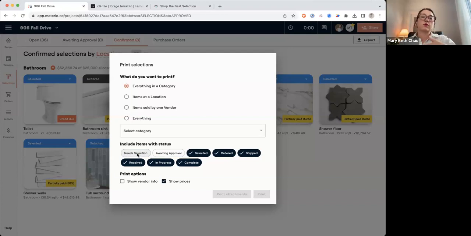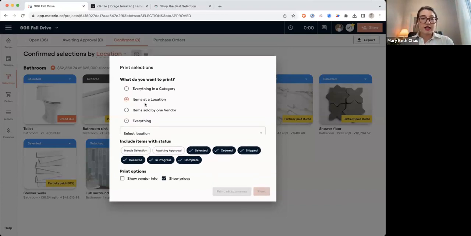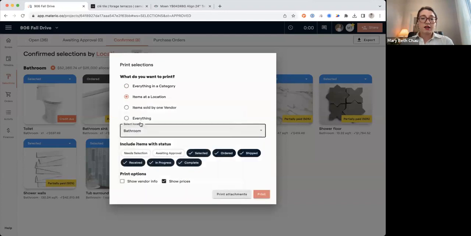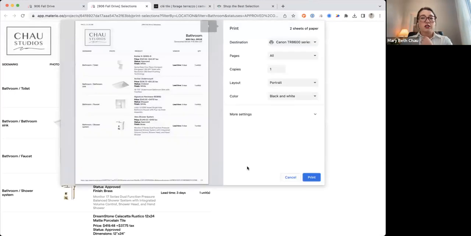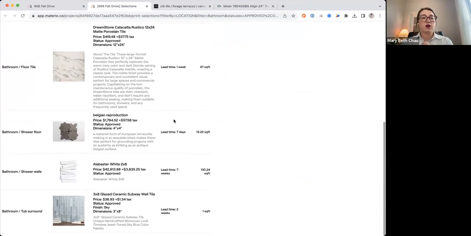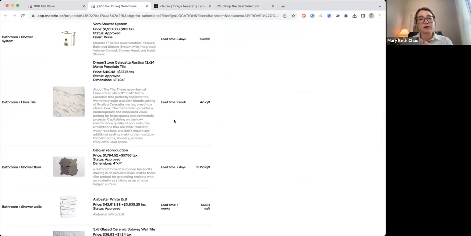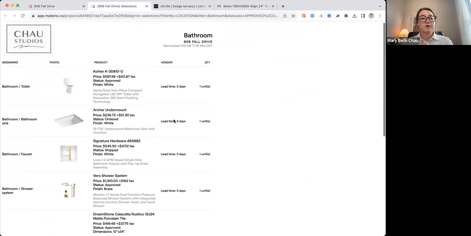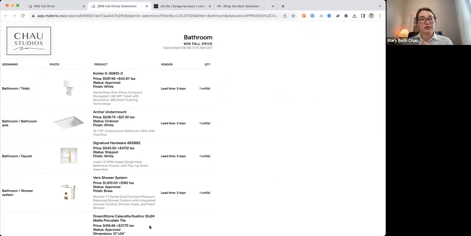In this case, everything we want to show has already been selected, so I'm just going to say everything. I could also do it by, for instance, bathroom, and then I could print this out. So what this is going to do is print out the bathroom, and it's going to print out all of the pictures. It's going to give some information, lead time, etc., plus their price plus tax. So you can use that as a way to put that in front of them and look at